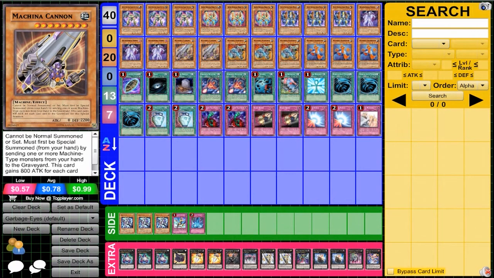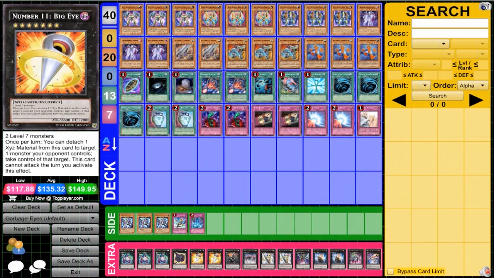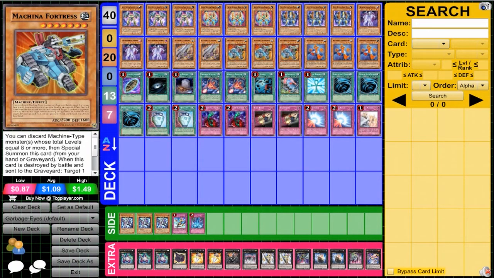You run 2 of those just because if I have 2 of those in my hand and such and such. Plus, it's also good discard bait for Fortress, which is up next. 3 of those because Machina Fortress is an amazing card. It pretty much fits into almost any machine type deck because of the way its effect works. It's a level 7 machine, which can also help you get out Big Eye if you really need it. That's why I have, actually I don't know why I have 2 of those in here. But anyways,